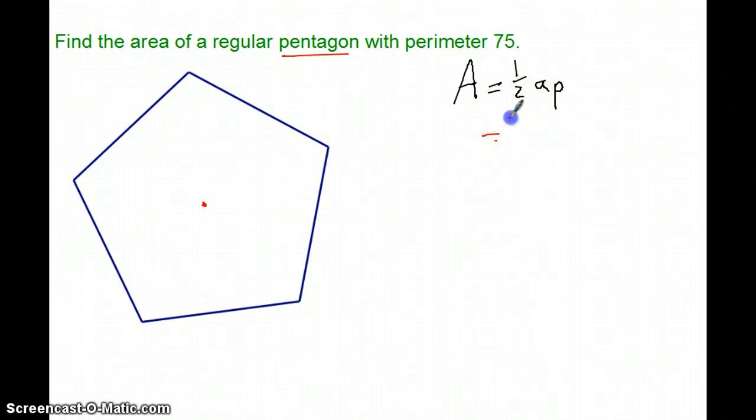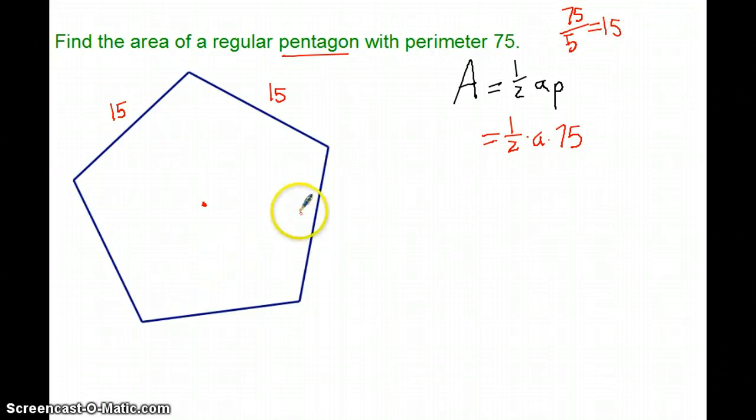Here, that's a half times a times 75. The fact that it's a pentagon and the perimeter 75 tells me that each one of these sides has to be 15. I just took 75 divided by 5, and I get that each side has to be 15. Great. When I make an angle here,